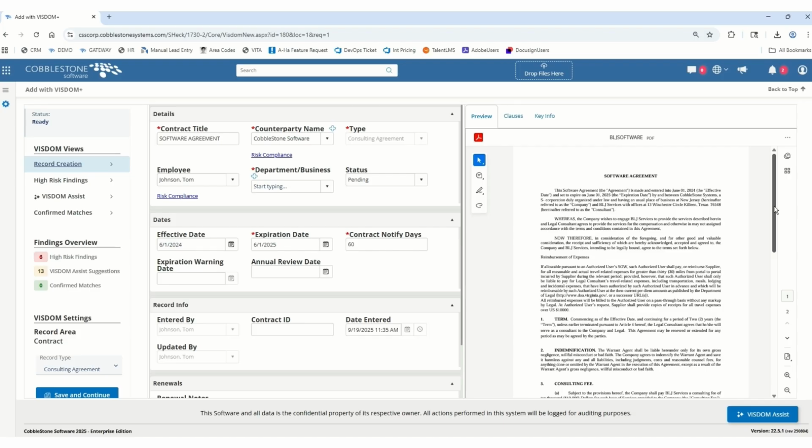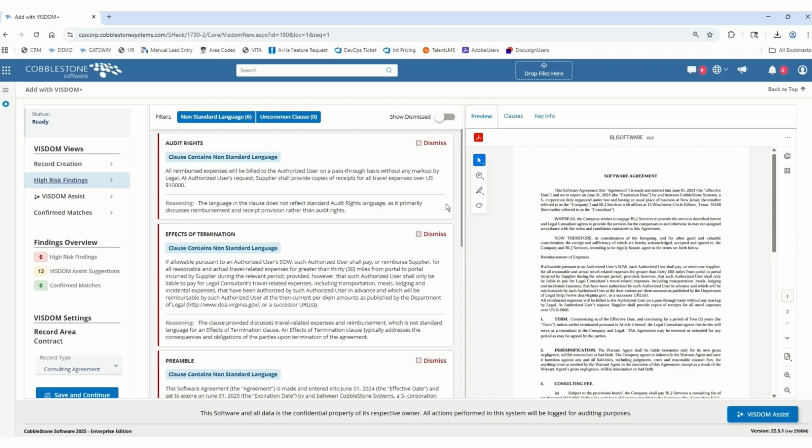But if I wanted to take a closer look at what the AI is suggesting, I can open up this high-risk findings tab. This is going to break out clauses that the system deems high risk. It's also going to provide me with a little bit of reasoning as to why. This way, your users are going to have a nice starting point on exactly how they might want to read